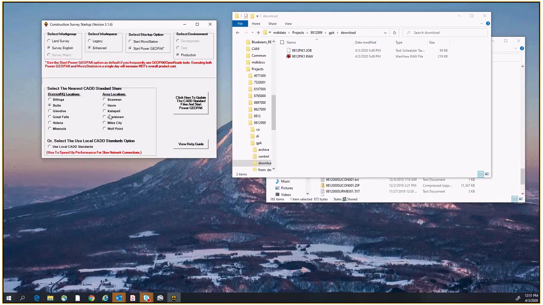For this, it's asking you to choose the nearest CAD standard share, which it's going to download. Every time you open OpenRoads, it updates the files associated with it. If you're working in the office here, you're going to want to choose Bozeman. If you're connected to the VPN, you actually want to choose Helena because we're actually connected to the network at headquarters, not in Bozeman. So I'm going to choose Helena and then hit